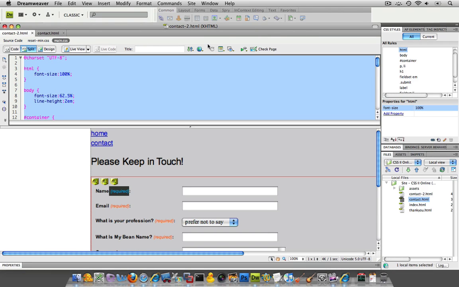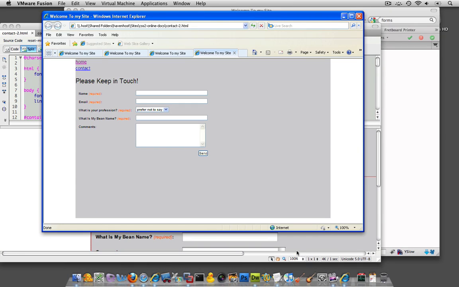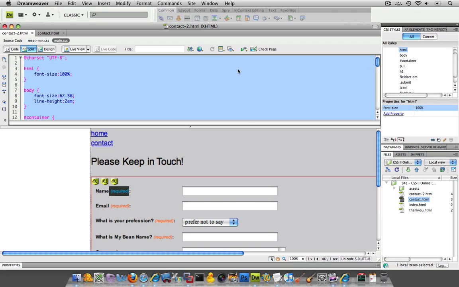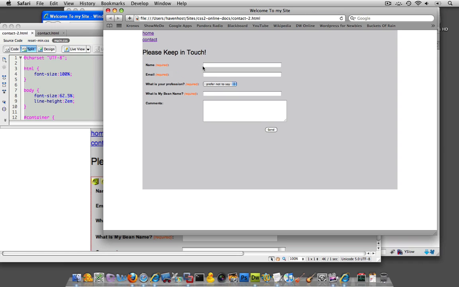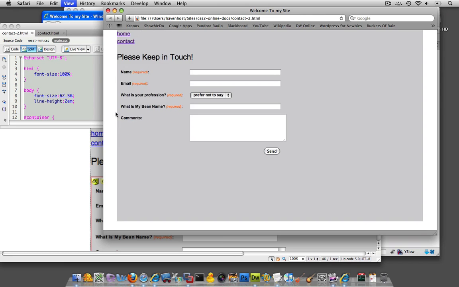Let's just take a gander at this thing in all our browsers, of course. Internet Explorer. That looks pretty good. And lastly, Safari. Not too bad, not too bad. I think it's a bit small right now, but